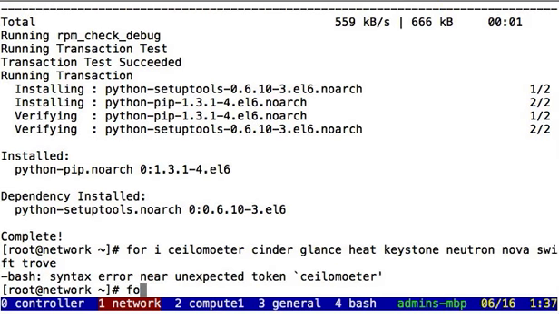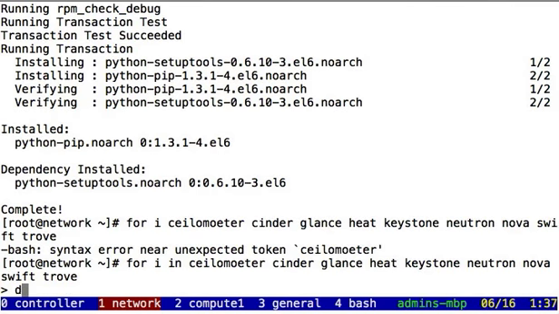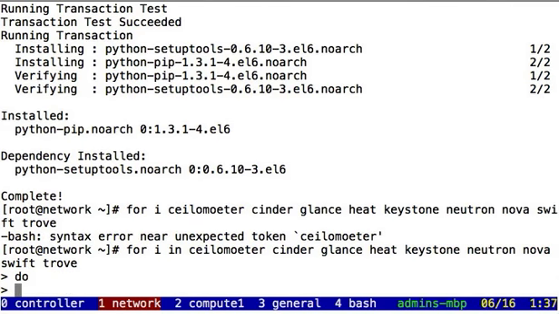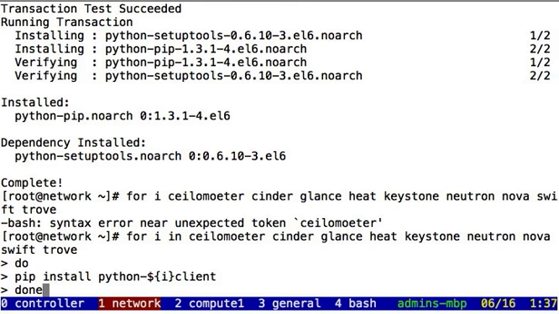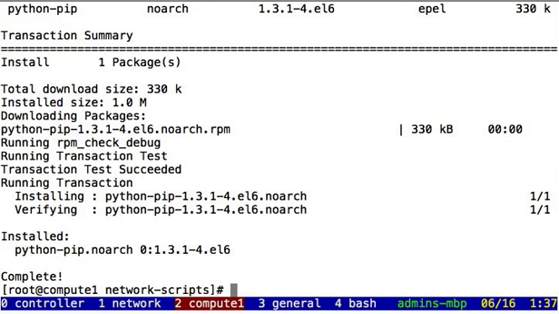There we go. For i, you can see I made a typo there. For i in, do pip install python. Okay, let's do the same thing on the compute node. For i in